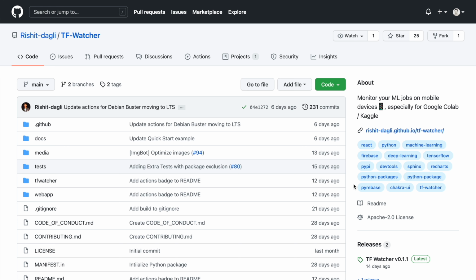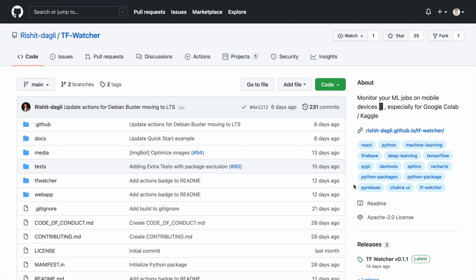Have you ever encountered a situation wherein you had to step out of your house when your deep learning model was training? What did you do in that case? Did you pray to God that you wouldn't get any errors while training? Well, what if I tell you that I have recently discovered an amazing library, a Python based library that can help you track your deep learning model performance while it's training?